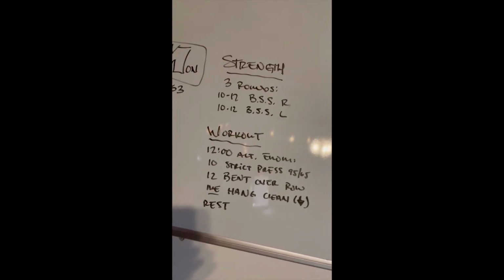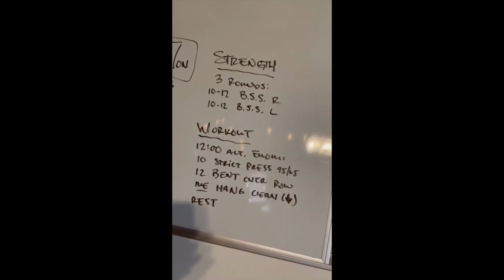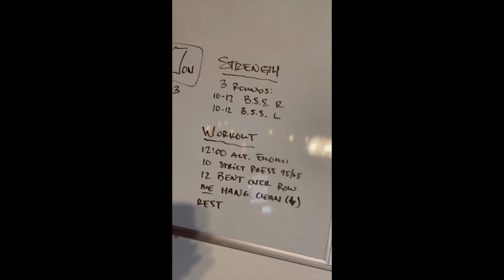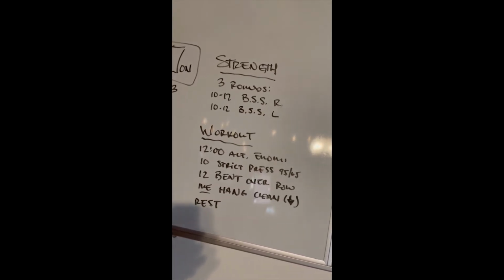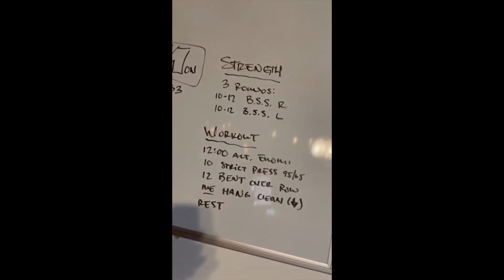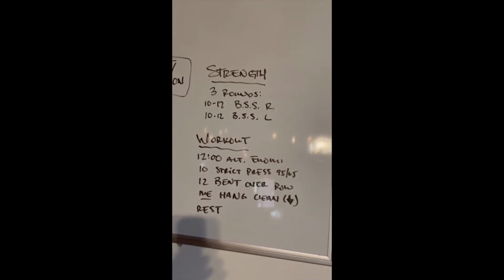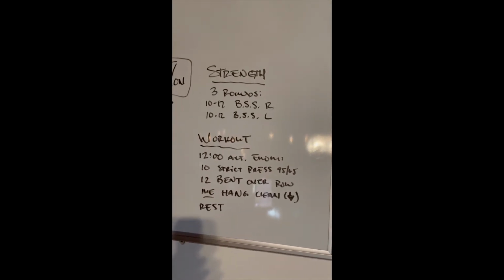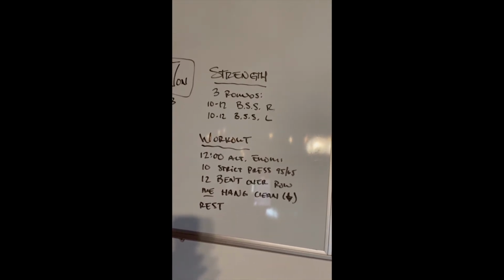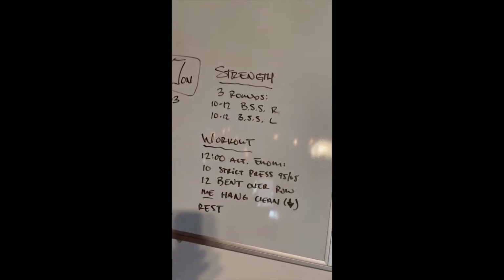Second minute is going to be 12 barbell bent over row with the same weight that you're utilizing on the strict press. And the third and final working minute is going to be a max effort hang clean. Hang meaning squat cleans. I don't care where the hang starts from. It could be high hang, low hang, above the knee, below the knee. It can even stay in the hip with a little bit of a dip and bounce going down into that squat, as you're likely going to see me performing in the demonstrations, followed by a minute rest, guys,